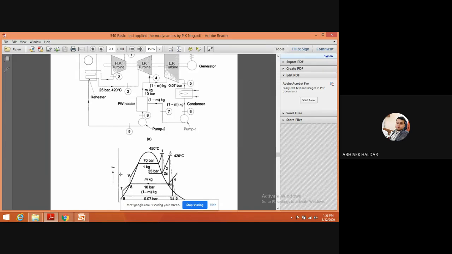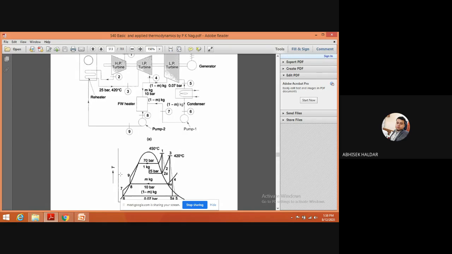Now if you are asking how we are fixing this, that depends on how much electricity we are generating and how much steam we are dealing with. So different factors are there. I cannot say in a single line, but I can say that it depends on these factors. And the majority of the expansion is done first.